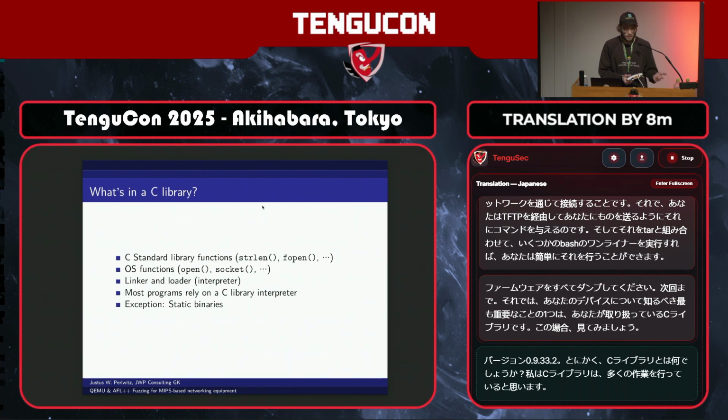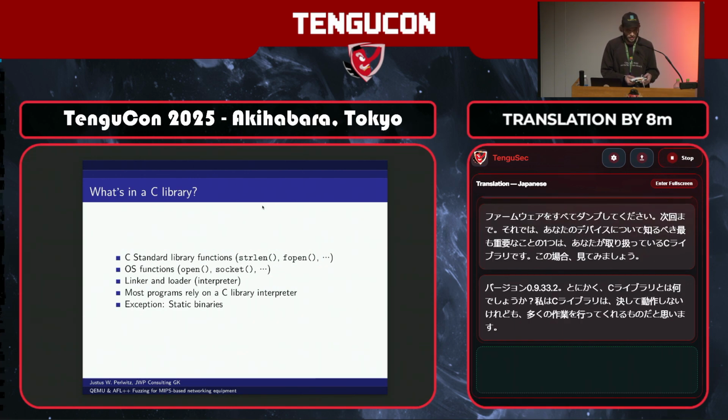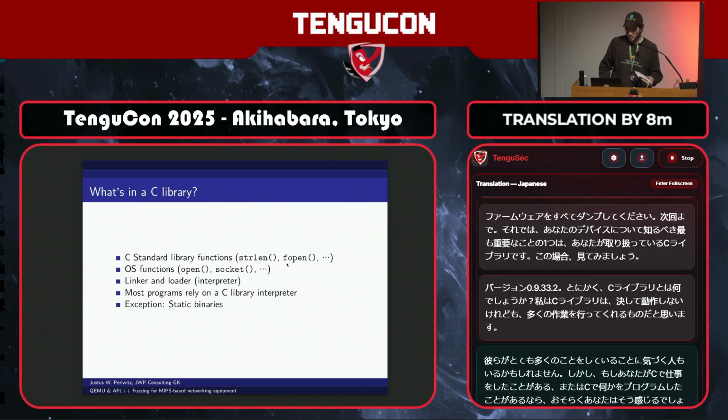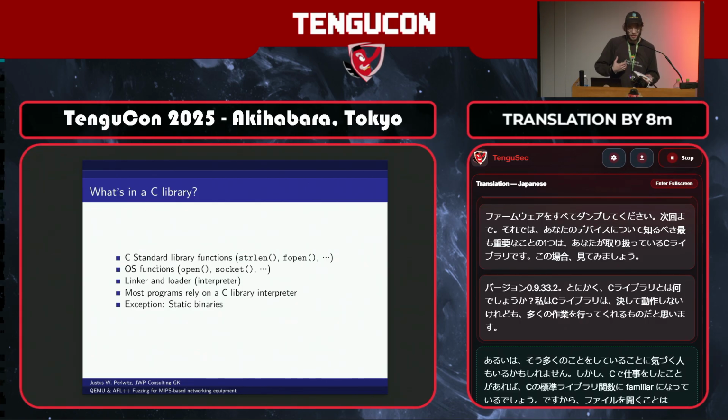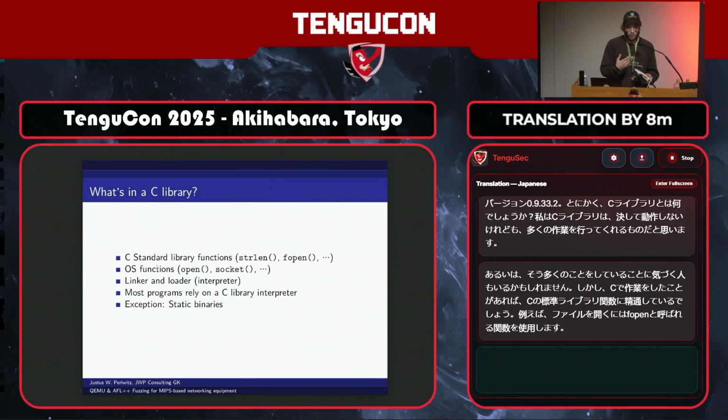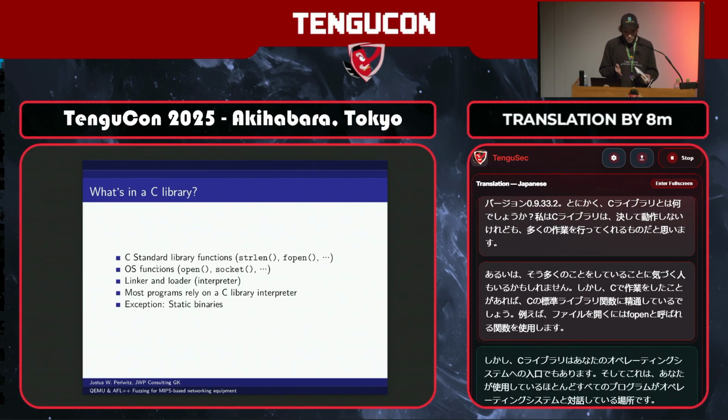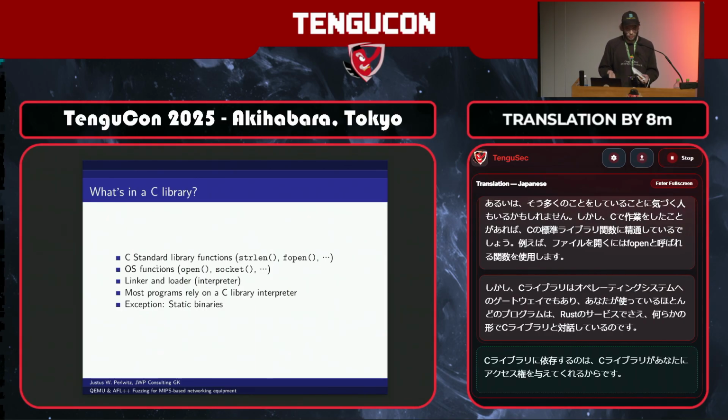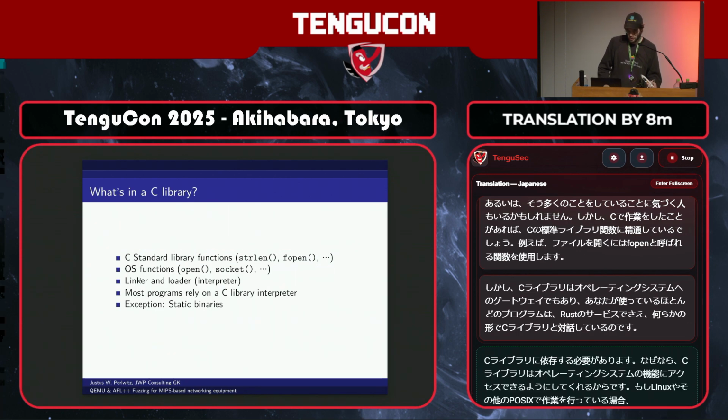But if you have worked with C, if you've programmed something in C, then you'll probably know the C standard library functions. So like opening a file is called fopen. But also the C libraries are the gateway to your operating system. And this is where almost any program that you're using is interacting with a C library in some way. Even something like Rust would rely on a C library because the C library gives you access to operating system functions. And if we're working with Linux or other POSIX compatible operating systems, then there's functions called open, socket, and